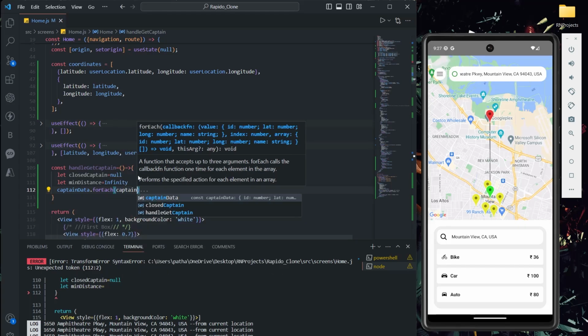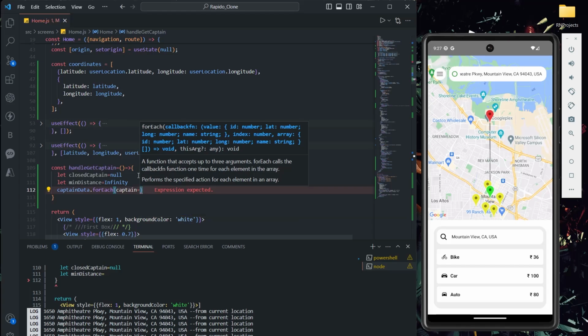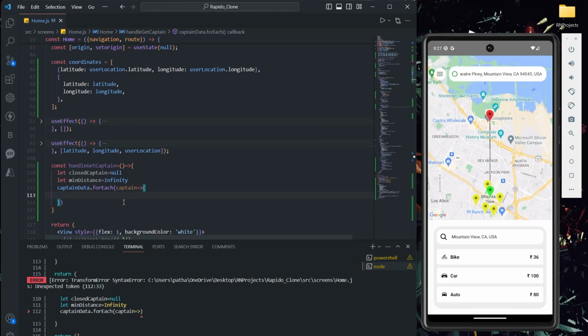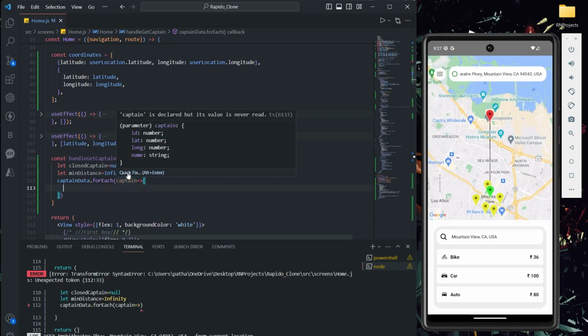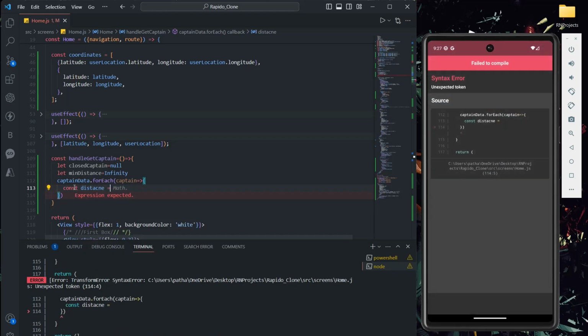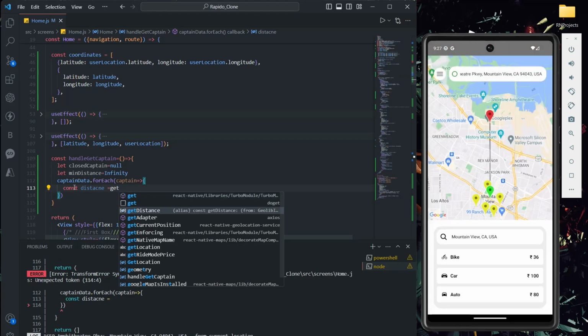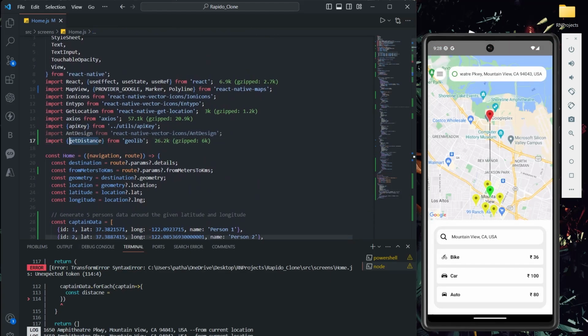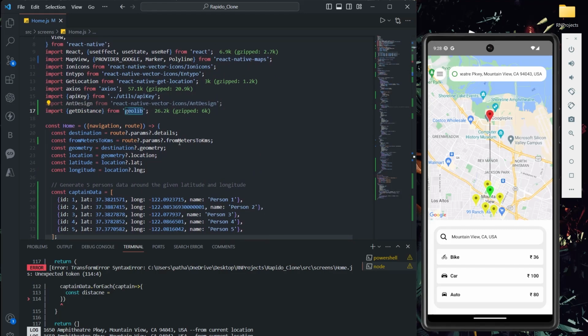In this I'll say captain, and here const distance equals to getDistance. This method I'm getting from the geolib package. I have explained this package in a previous video.